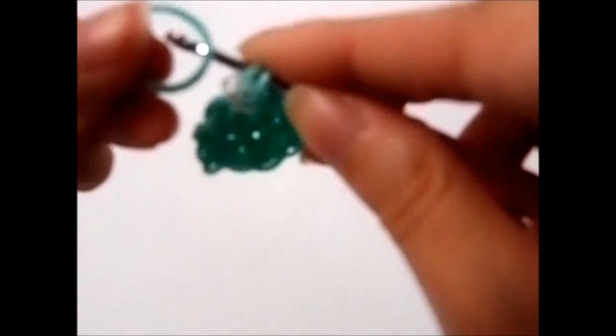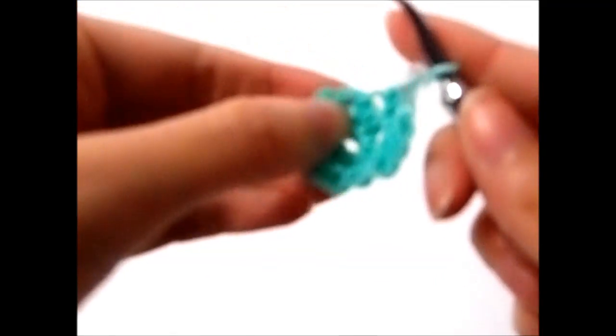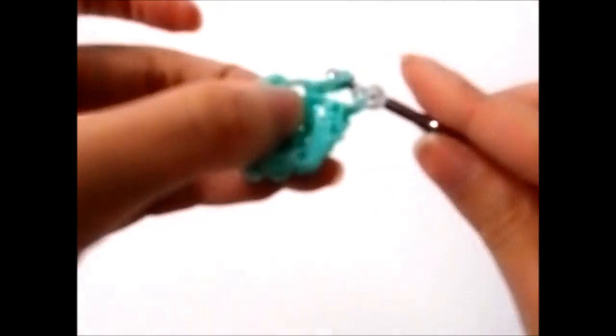Put this back through your first stitch, single crochet, move your stitch marker. So for this round you're doing 1 stitch followed by 2 stitches in the next, and you're just going to repeat that all the way around. So this is 1, we're going to go into the next stitch and do 2. 1,